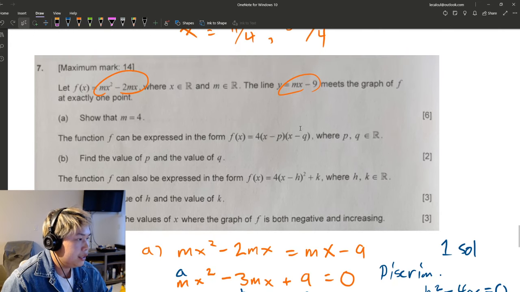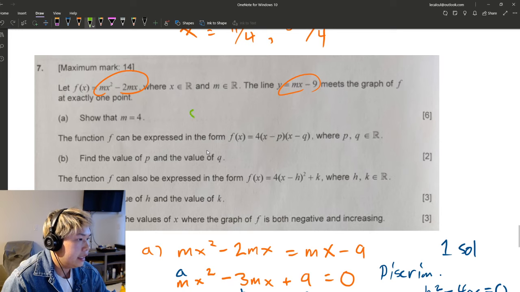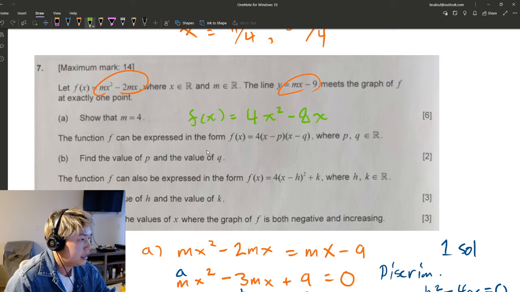Okay, function f can be expressed in factored form. p, q are going to be real numbers. So I think I can just do this right here. Now that I know that m is 4, I can write f of x as 4x squared minus 2 times 4 times x, which is 8. So all I do is write it as factored. So I factor out a 4, and then I factor out an x. So what I'm left with is,